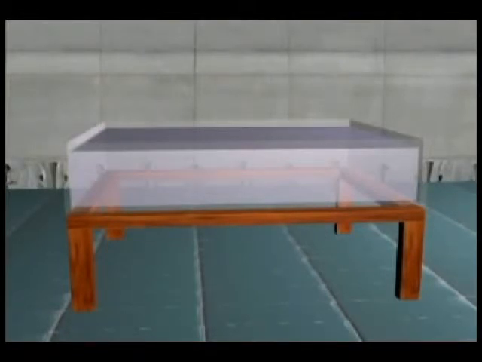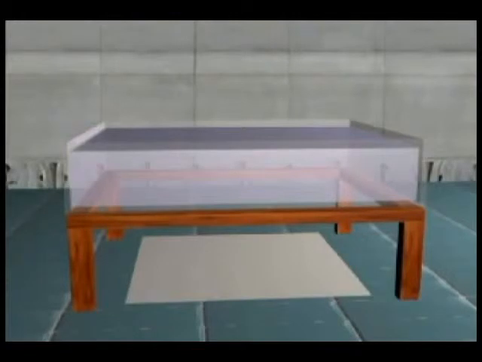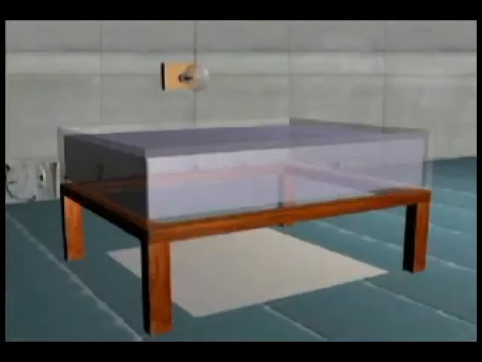Below the tank, a white paper is spread on the floor. Above the tank, a partially covered electric bulb is fixed to illuminate the tank. A small needle N is fixed at one end of a metallic strip connected to an electric vibrator. The tip of the needle is kept vertically in contact with the water surface of the ripple tank.